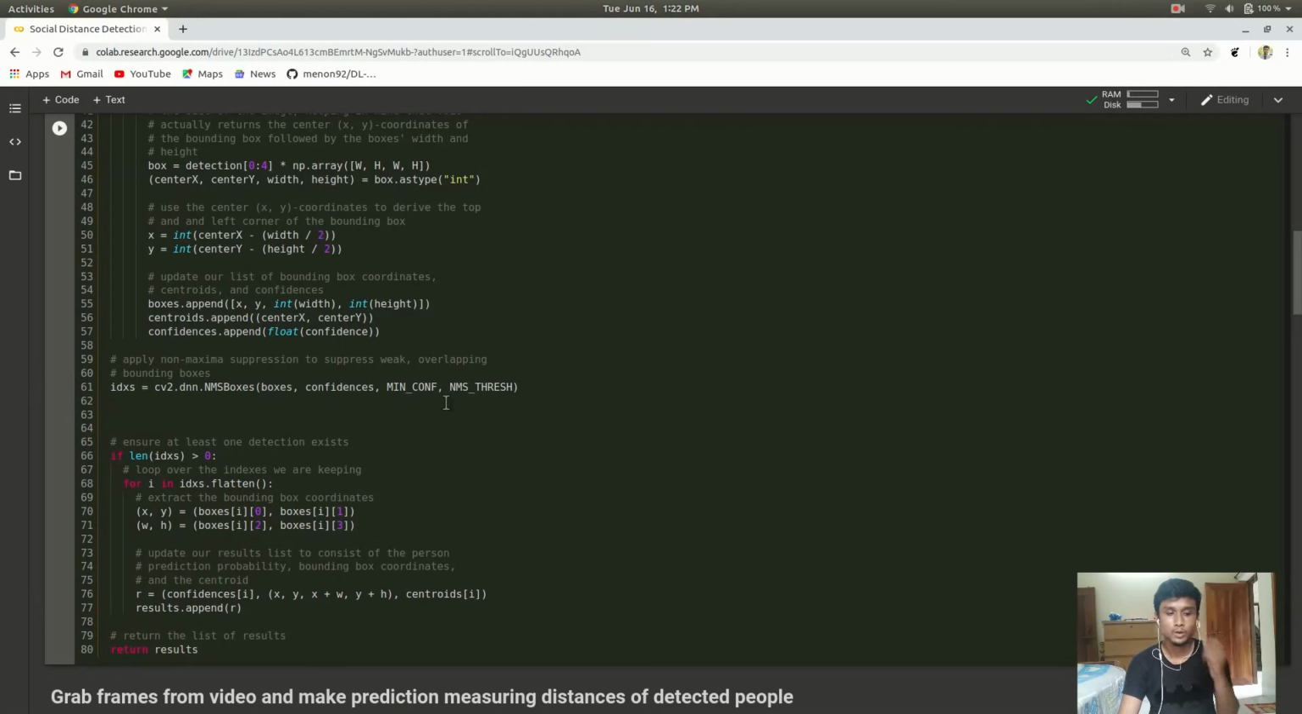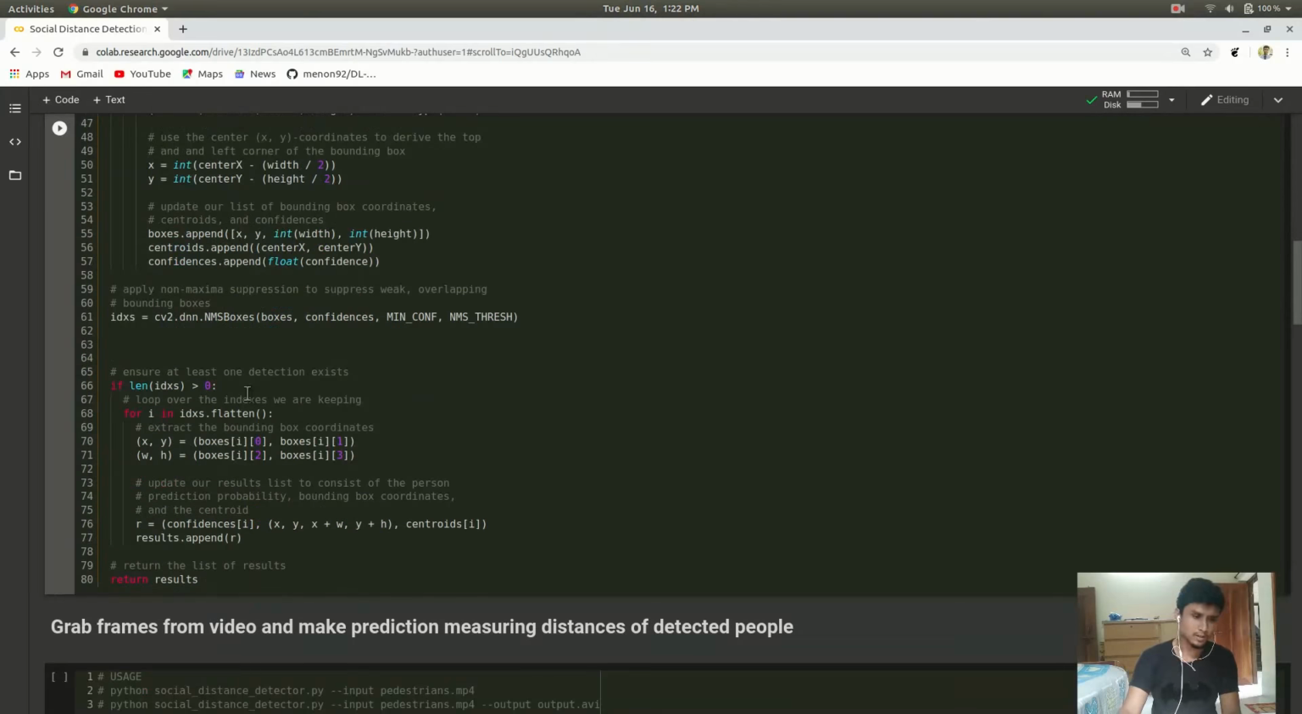Okay. So what is non-maxima suppression? Suppose a person is detected and it is detecting 4 or 5 boxes near his face. So what is the perfect box? Okay, so by non-maxima suppression we can detect the perfect box over his face. Okay, so we are using this so that our boxes are not weak detections or overlapped, and then we are